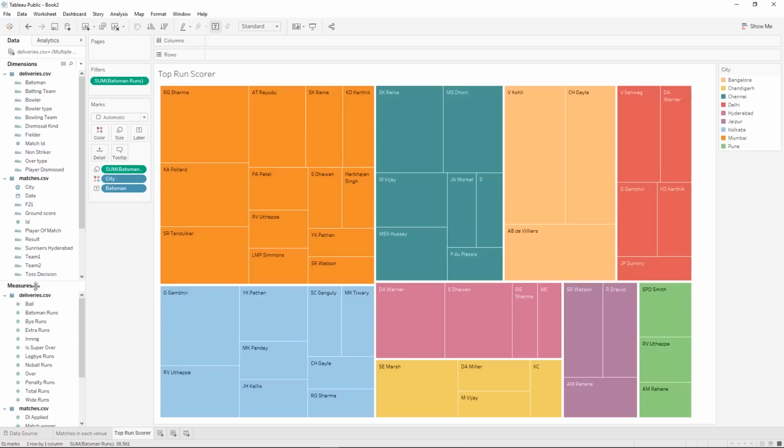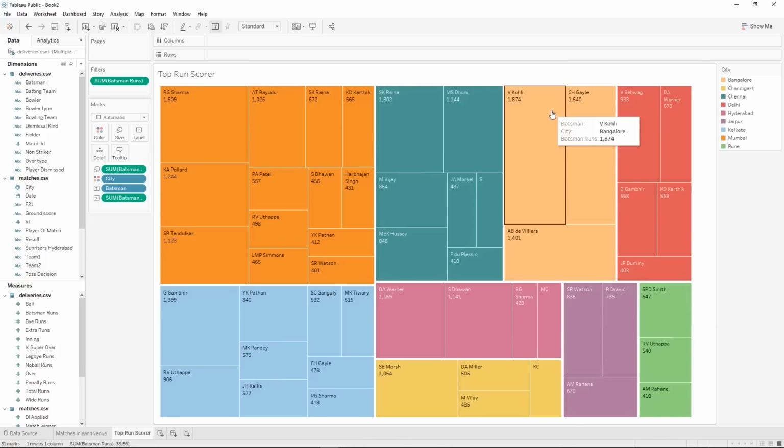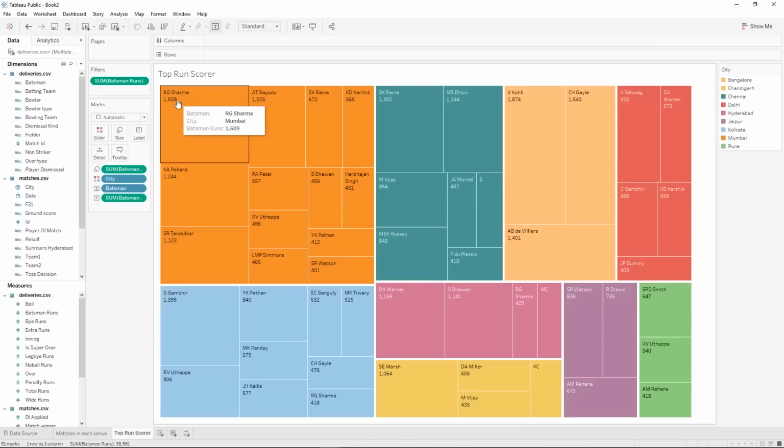And we'll also bring the number of runs onto label. So now we can see the batsmen and their runs and exactly how many runs they have. You can always get to how many they have based on hover. We'll go on to our next visualization, and that's going to be